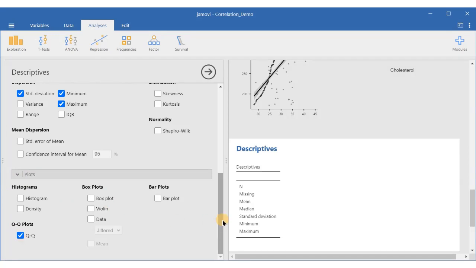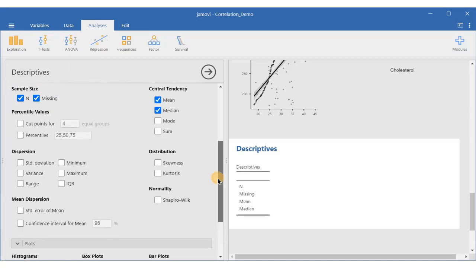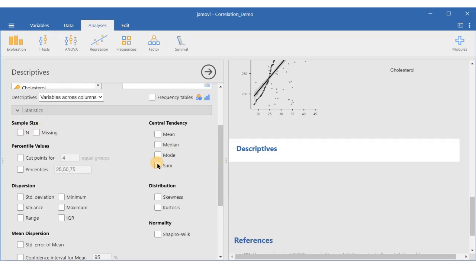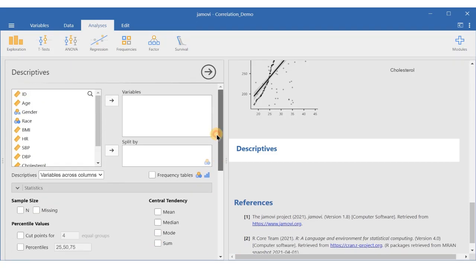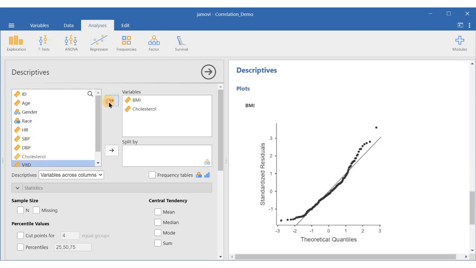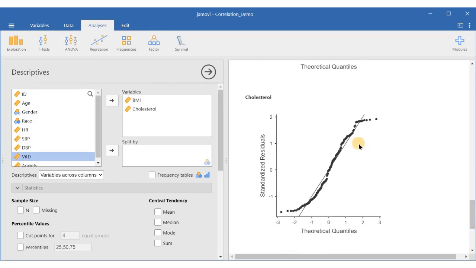So if you just click on this QQ plot, uncheck all this, because again this value will come in the analysis which we don't want. So QQ plot, you want QQ plot of BMI and cholesterol. You can see that for both the BMI and cholesterol, all the individual data points are approximately located along this diagonal line. That means it is normally distributed.